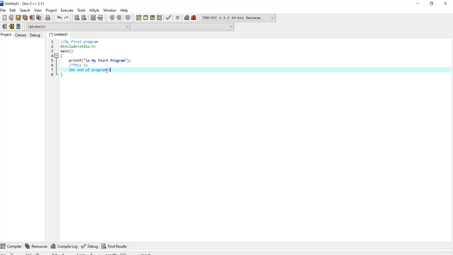Comment entries are entries in your source code that are not read by the compiler. The compiler doesn't read them, and you have to tell the compiler which lines should not be read during compilation of the program. For that, you make those lines comment entries. To make a single line comment entry, you use the double slash sign. To make a multiple line comment entry, you use slash star, and the end of the comment entry is star slash. I hope you understand comment entries and what their role is in the program.